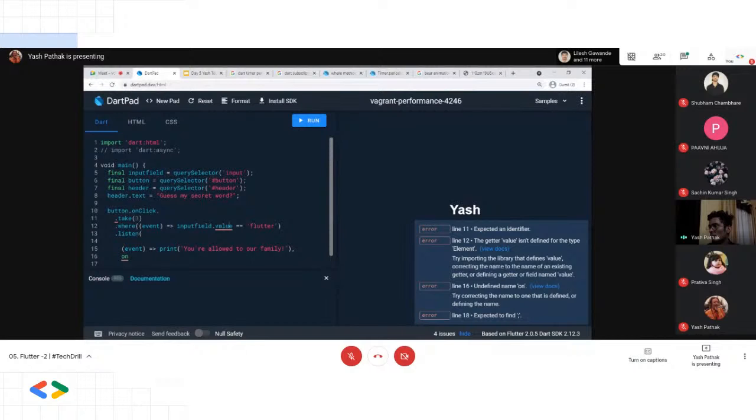Expected an identifier button click. Cool. Header dot text is defined. Button on click is defined. Dot take 4, where event is occurring and input field dot value must be equal to Flutter. Dot